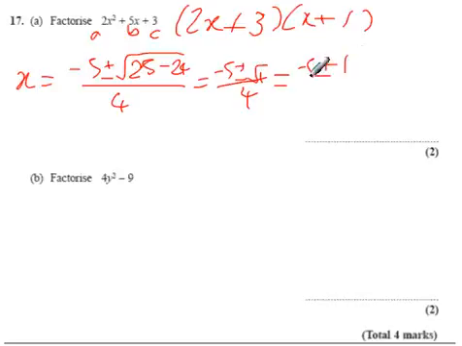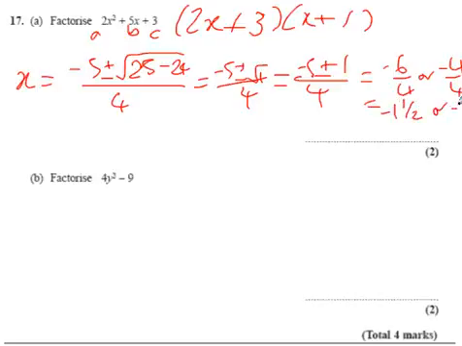Doing this the long way, we end up with minus 6 over 4, or minus 4 over 4, which is obviously minus 1.5, or minus 1. How does that help us? Well, if x equals minus 1.5 or minus 1, then it follows